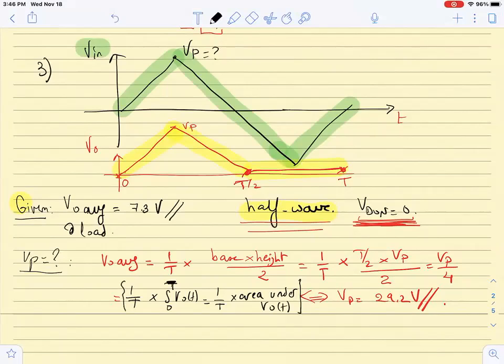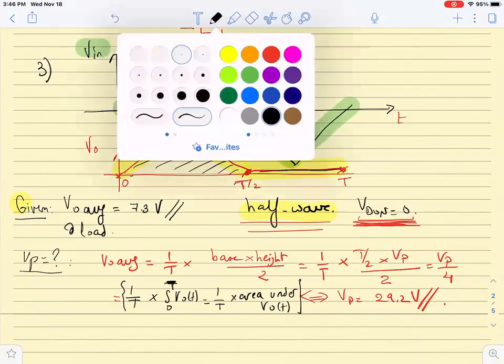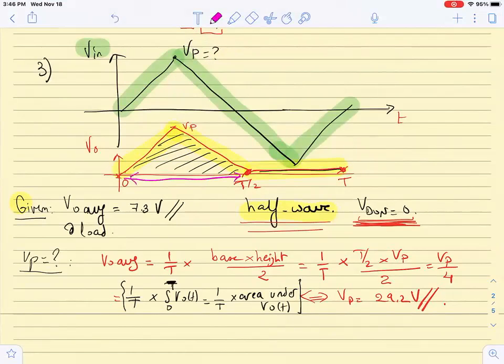Okay, now the area under VO of T is really restricted to this region between 0 and T over 2 because the rest is 0. So it is equal, therefore, to the base times the height over 2. So the area is 1 over T times the base times height over 2. The base is T over 2 as we see here. It's because the triangle base is T over 2 and the height is V peak. Okay, and if we reduce this expression, we find that VO average is equal to VP over 4,